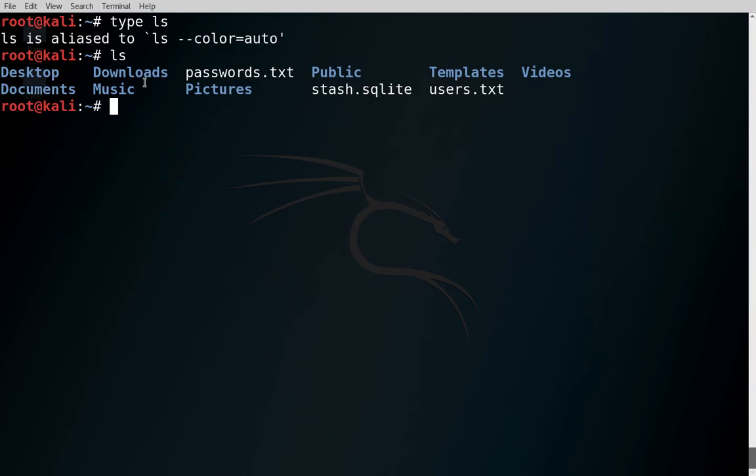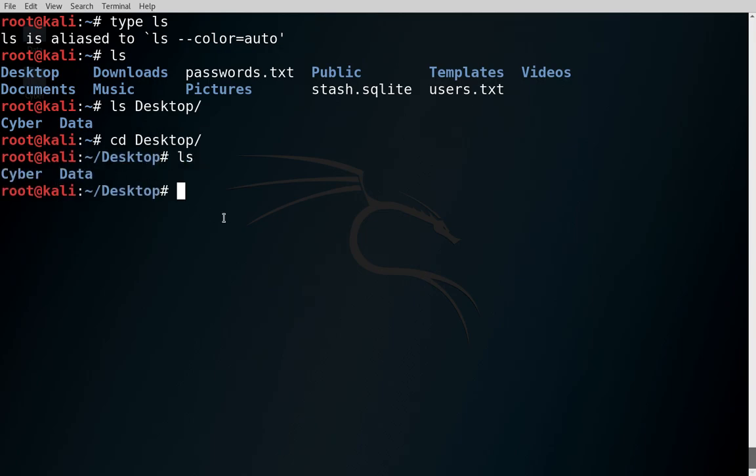So if you want to see the listing of files, you just have to type ls. You can also list down the content of other directories. For that you need to pass the path of the directory. Like if you want to check the listing of the Desktop, you have to type ls Desktop. Now go to the Desktop and see the listing, you will see the same thing, right?